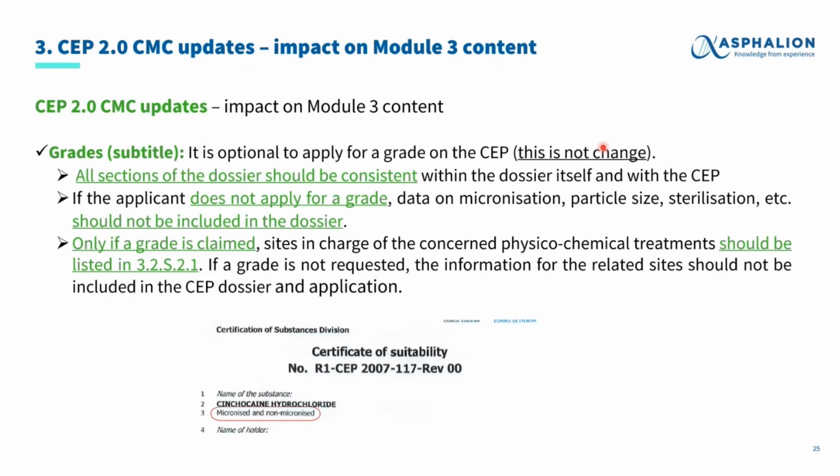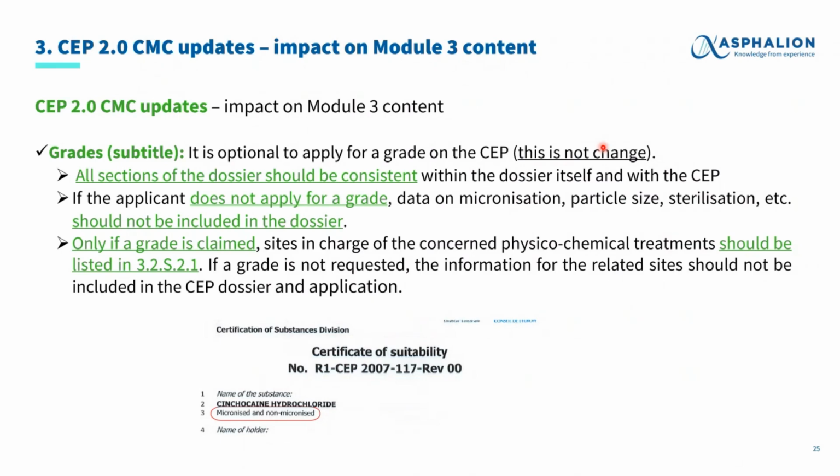And the last point regarding this part of the module 3, this is nothing new. In the past, in the request of the CEP with the old format, you could request a grade or a subtitle for your CEP, requesting that you want your CEP to be micronized, sterilized, or have a specific particle size. This is nothing new, but now the EDQM is encouraging to not include this information if you are not requesting this kind of grade in your CEP,